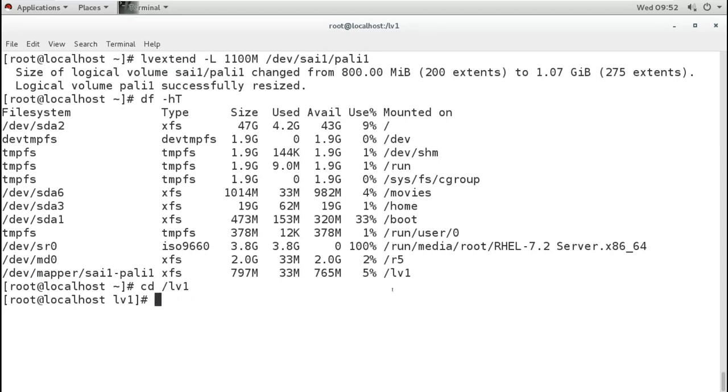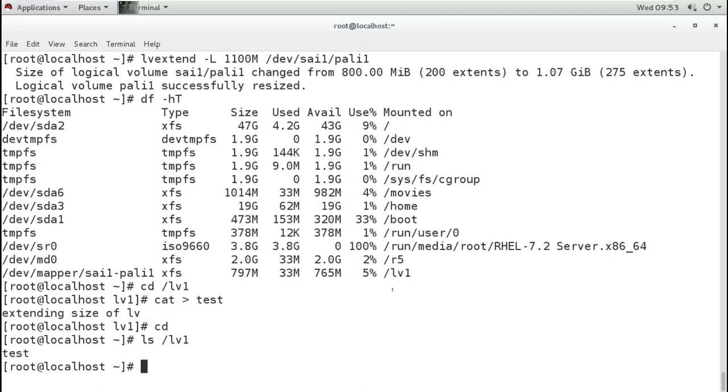Let's say I create one file here, Extending size of LV. So this is the data I created. So I still have the data and I still extended the size.